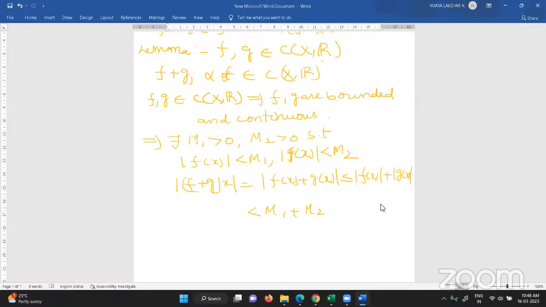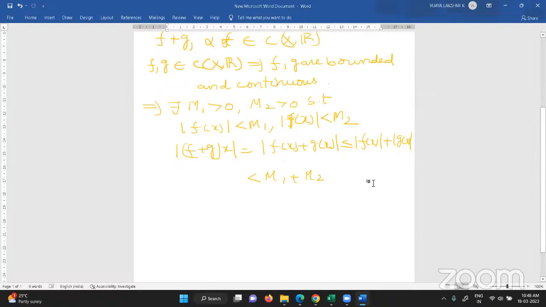Okay. Now we prove that f plus g is also continuous. Tell me what is the definition of continuous function. Suppose f, g are continuous at x naught. Then what you will get for given epsilon greater than 0? There exists a neighborhood